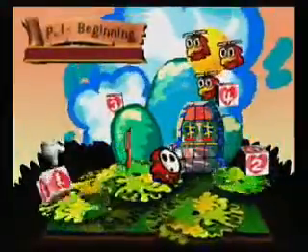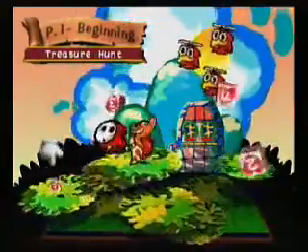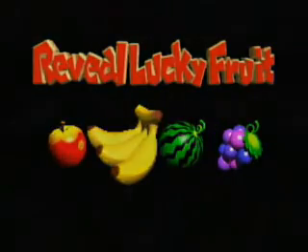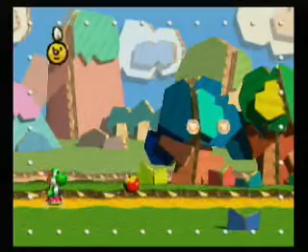In today's episode, we're going to go through stage 1-1, the treasure hunt. Of course, as you may have seen, there are 4 stages that we could actually choose from here at the beginning. Also, the first time you start a game, you'll have the option of revealing your lucky fruit. So this time, it's bananas. That's pretty cool. So of course, you'll have at least 6 Yoshis to start from when you play the game,